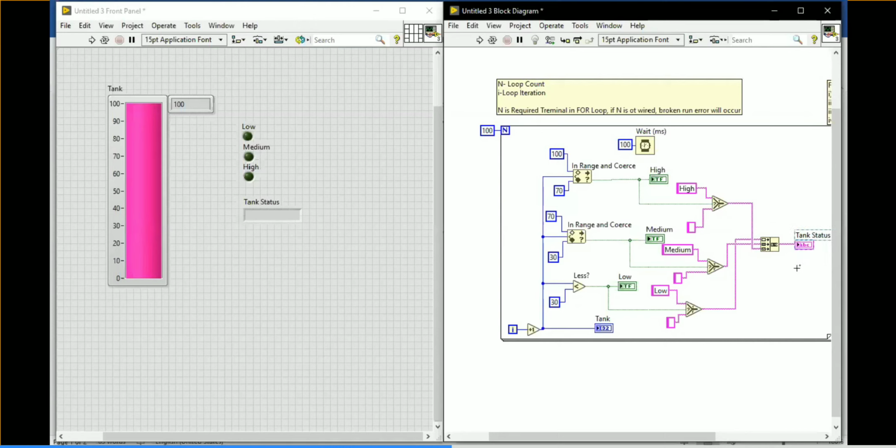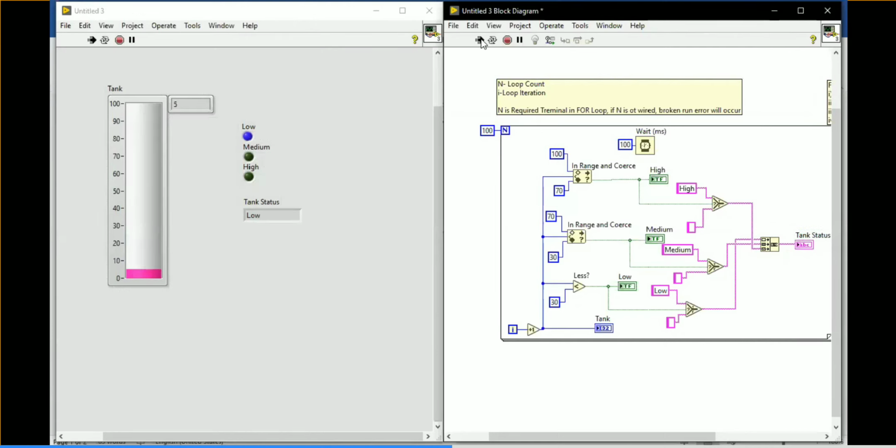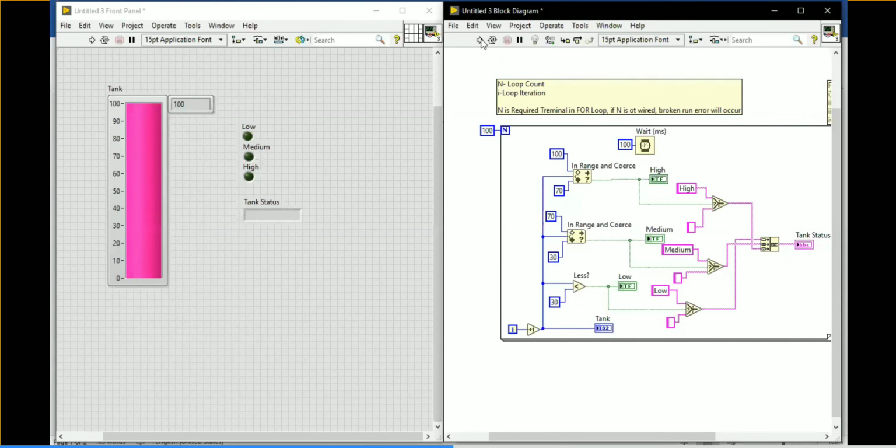Now run the VI. If you run the VI, you can see the answers over there, medium, and last you will get a high. Other ways of implementation are also available. If you're done with that implementation, just let me know in the comments. If you did it in some other manner, tell me in the comments.